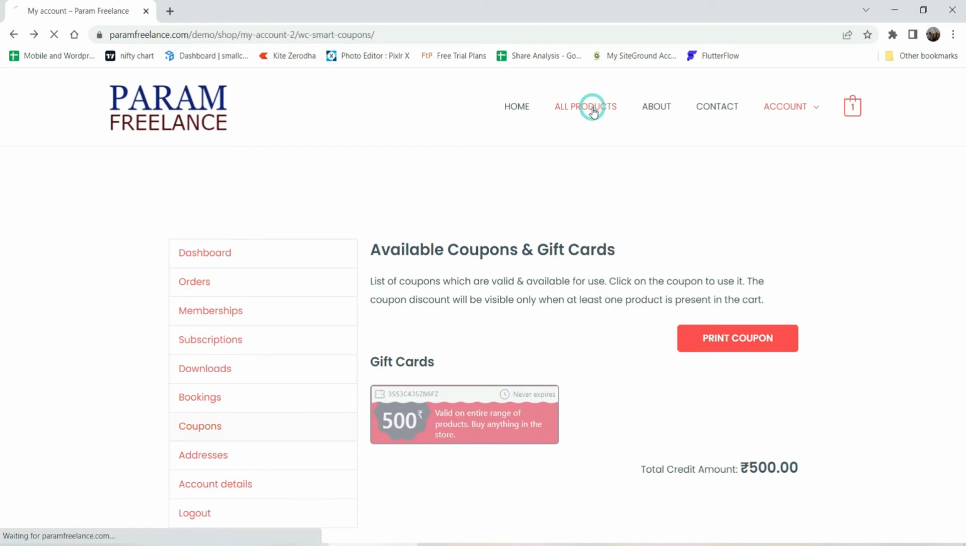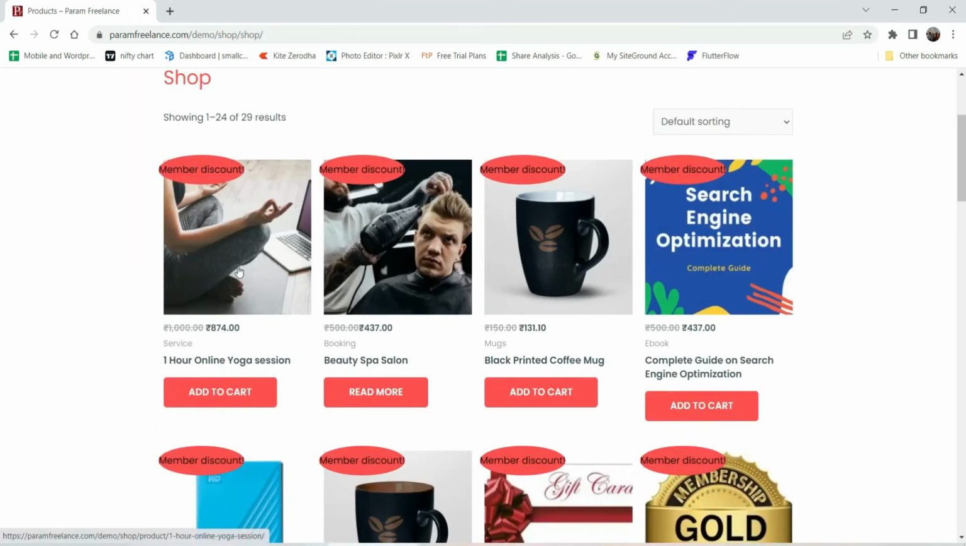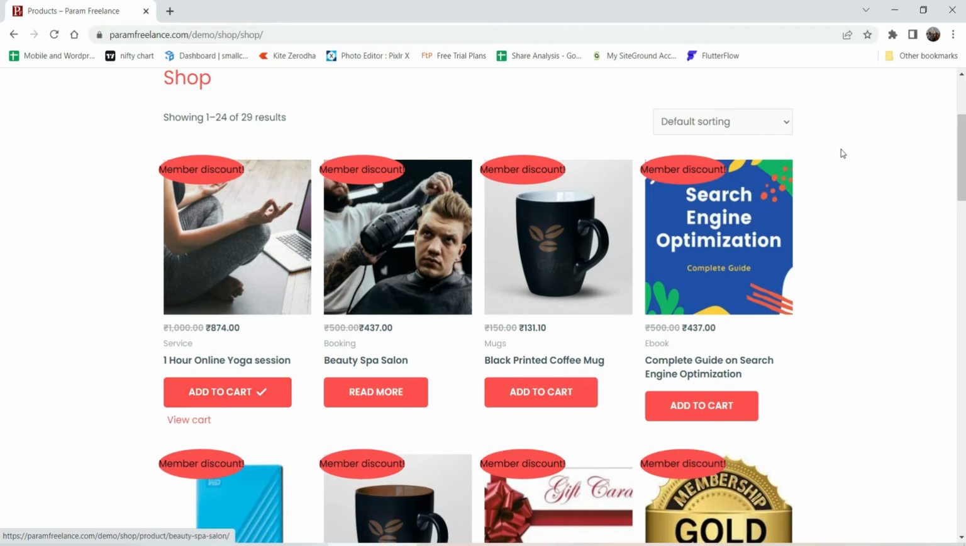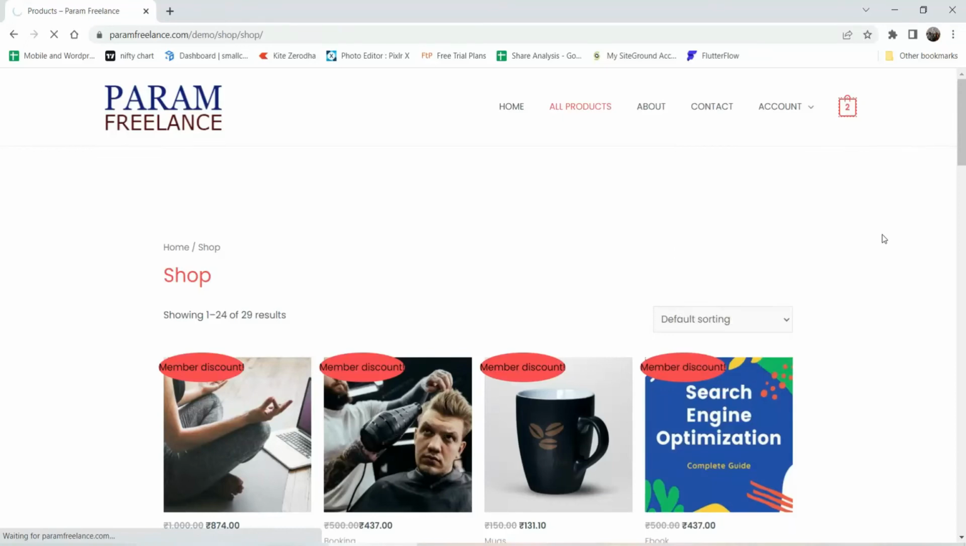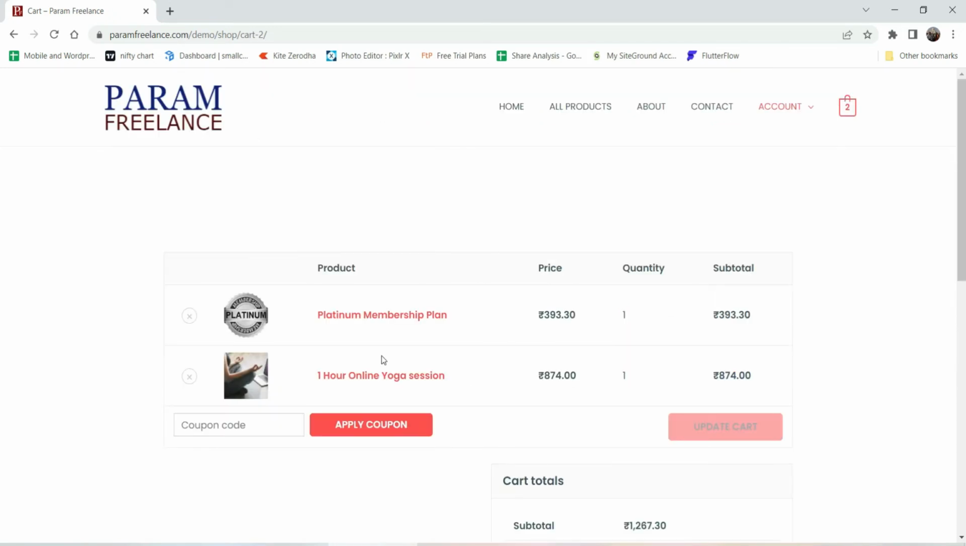Now if I go to all products and let's buy some products from here, add to cart, and let's go to view cart, and you can see that the gift card of 500 is already applied because I clicked on that and it has detected the amount of 500 rupees. So the final amount is 767. So this is how I can send gift card to the relatives and friends, and they will be able to